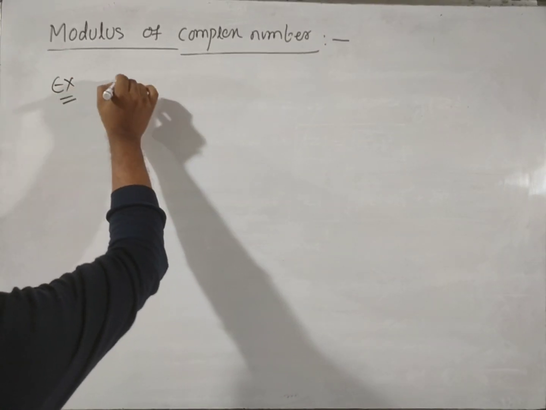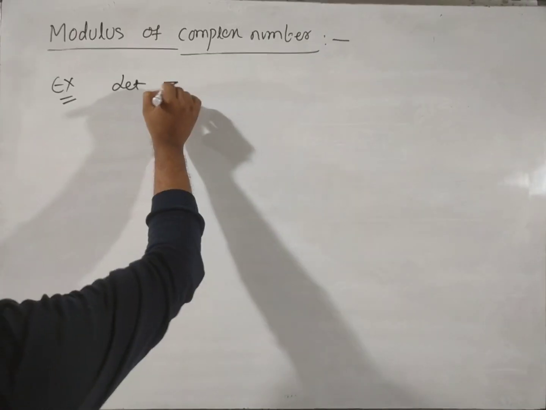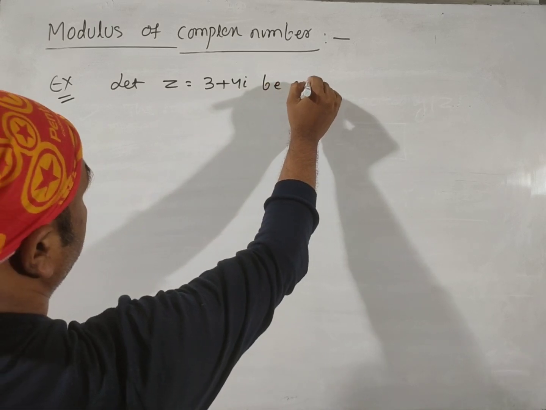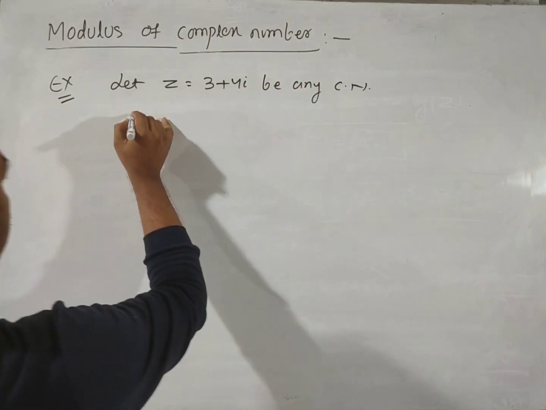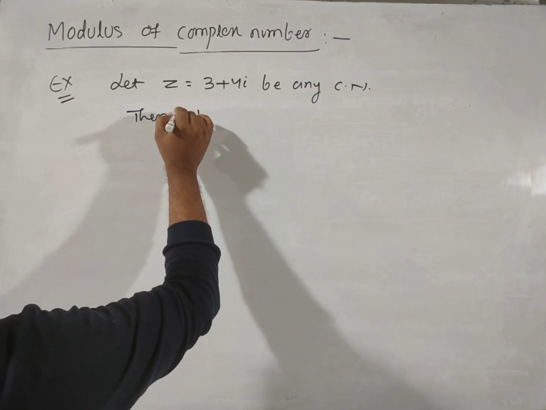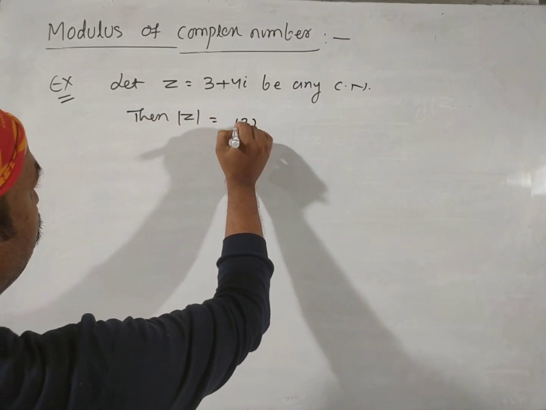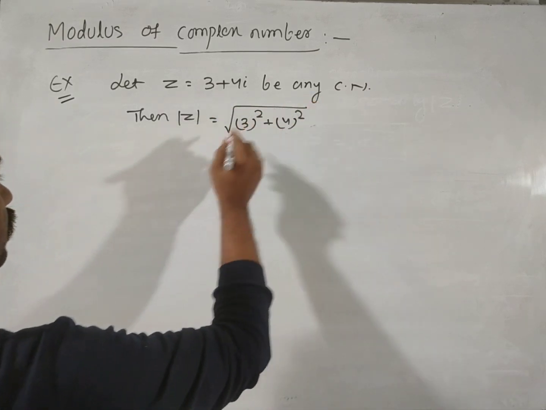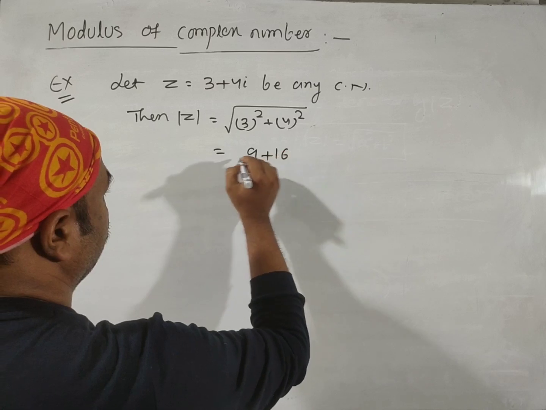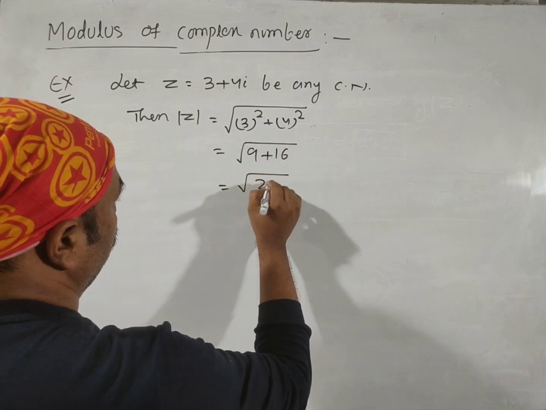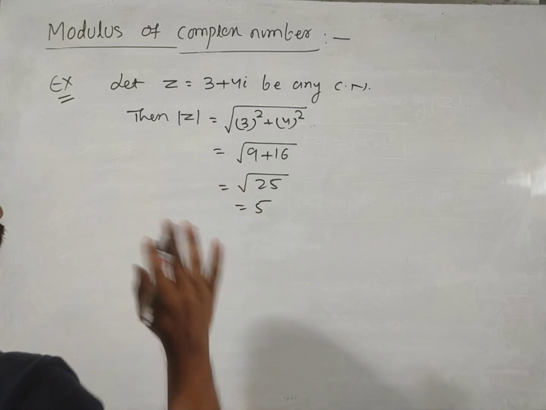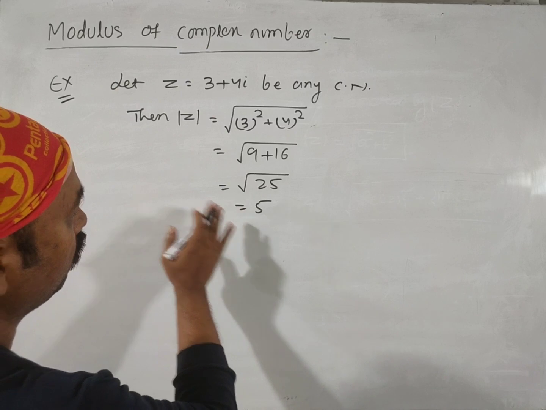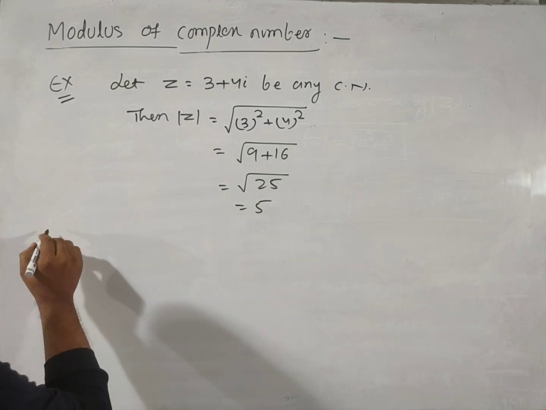Here is the first example. Let z is equal to 3 plus 4i be any complex number. Then the modulus of z is defined as the square root of 9 plus 16, then it is the square root of 25, and here it is 5. As we all know that the modulus of z can never be negative, so the value is 5. Another example,